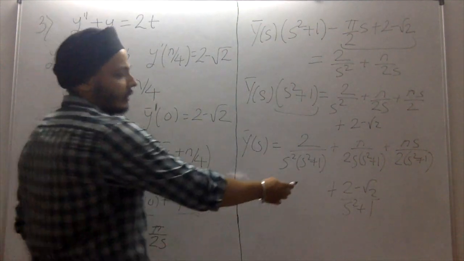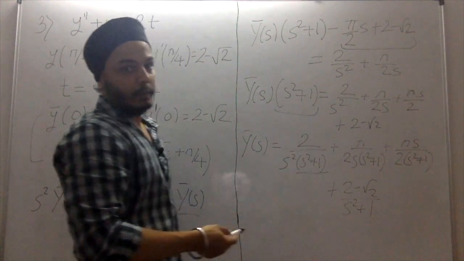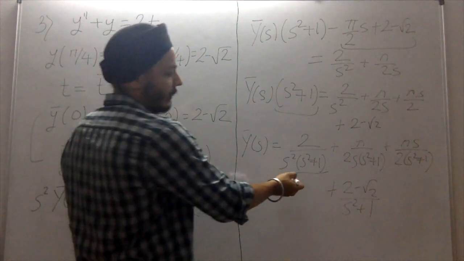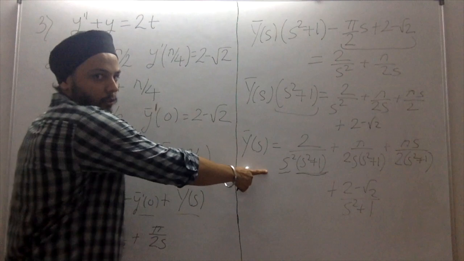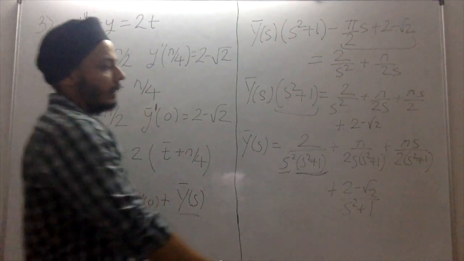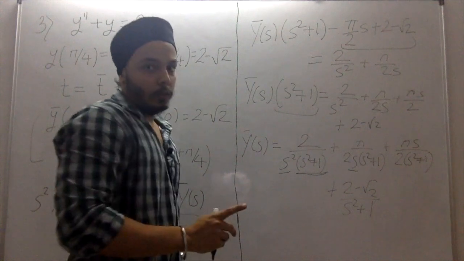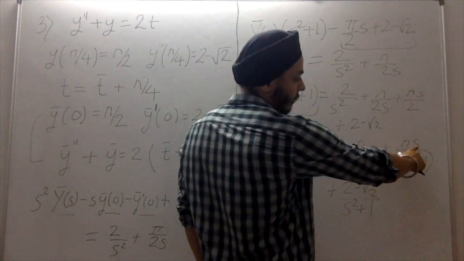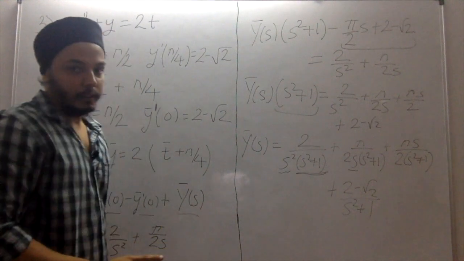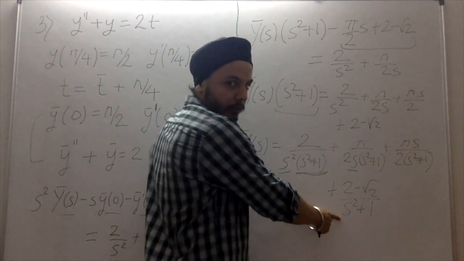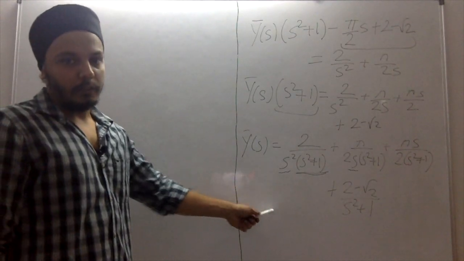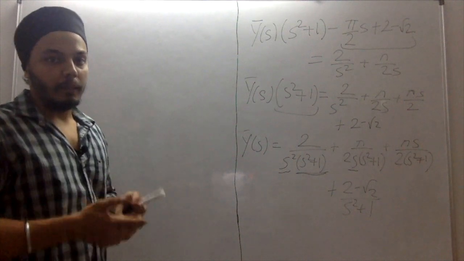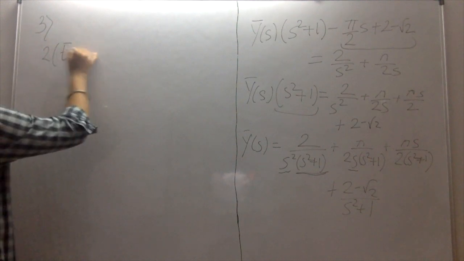Now we know that the Laplace inverse of 1 over s square plus 1 is nothing but sin t. As here it is 1 by s square, you need to integrate it twice. Here you have s, so you need to integrate sin t one time. The Laplace inverse of s over s square plus 1 will be cos t, and here it is again 1 by s square plus 1, which will be sin t. Now I suppose that you will do the transformation of this. I will be directly writing the result in the form of t bar, and then we will replace t bar with t.